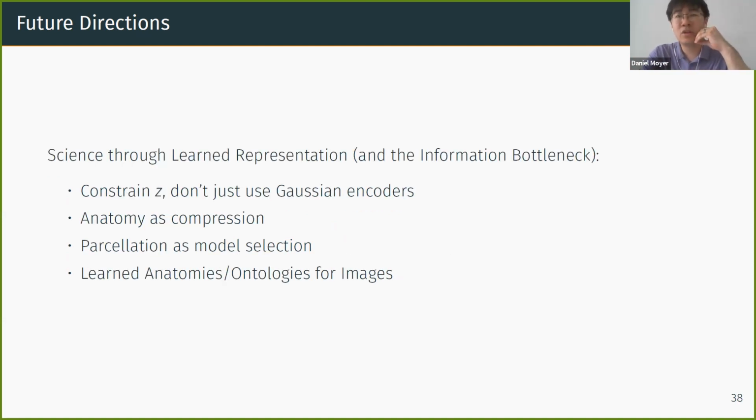We can try and build representations using this coding framework. So like finding anatomy or finding clusters of regions, parcellation, as the most descriptive set for our data, right? This doesn't really work in the cortical anatomy because we have really strong beliefs about it. But in white matter, for example, where it's much harder to find anatomy, this is something that we can work on, or if you're interested, we can work on it together.